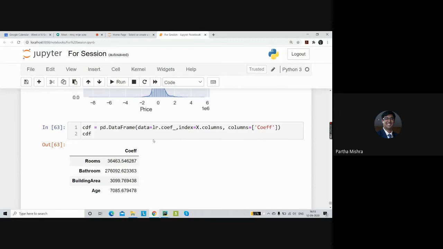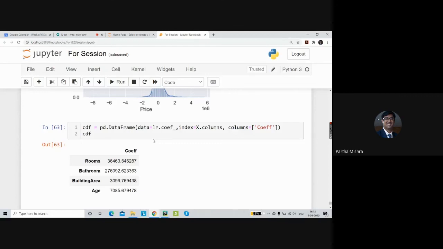So when the model is built, the 4 variables we have selected, rooms, bathroom, building area, and age, have these particular coefficients. All 4 variables predict the price component. Price is our target variable.